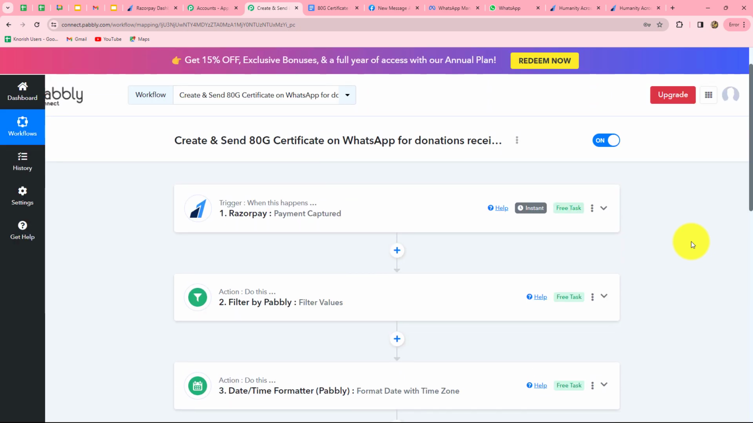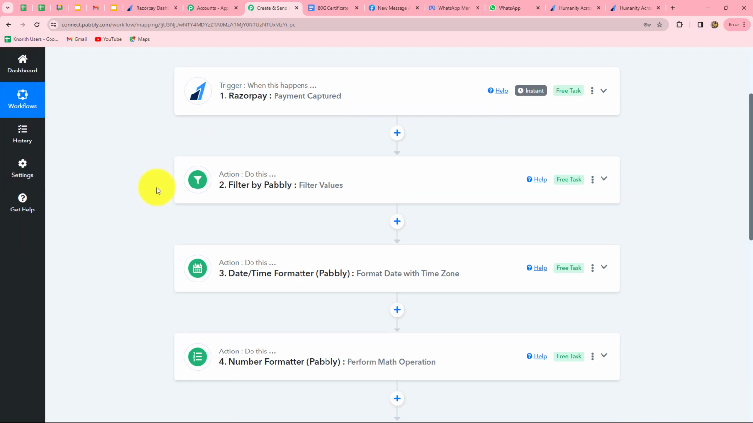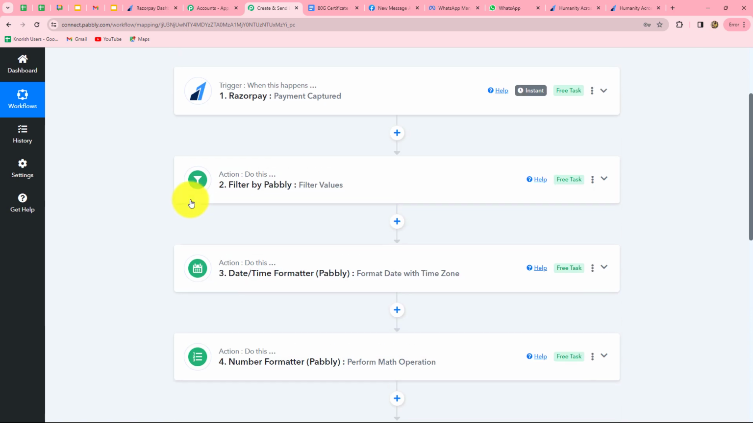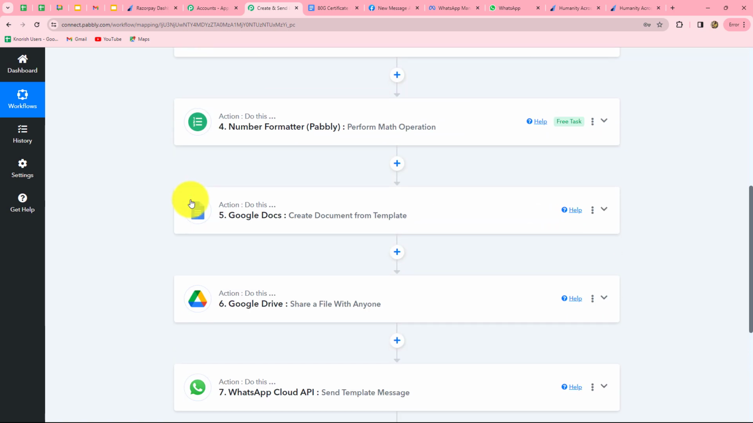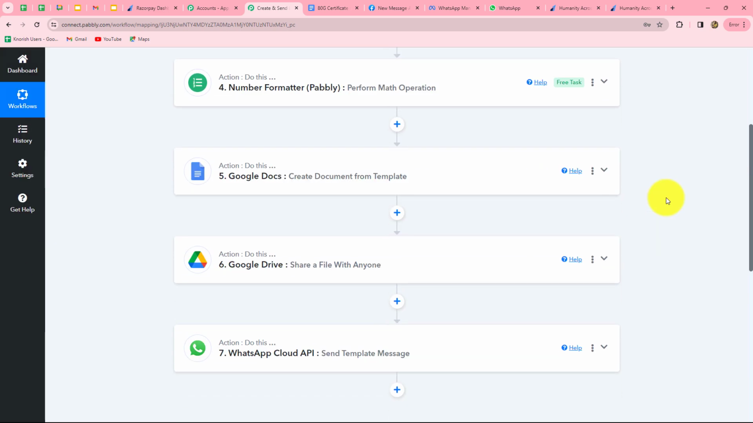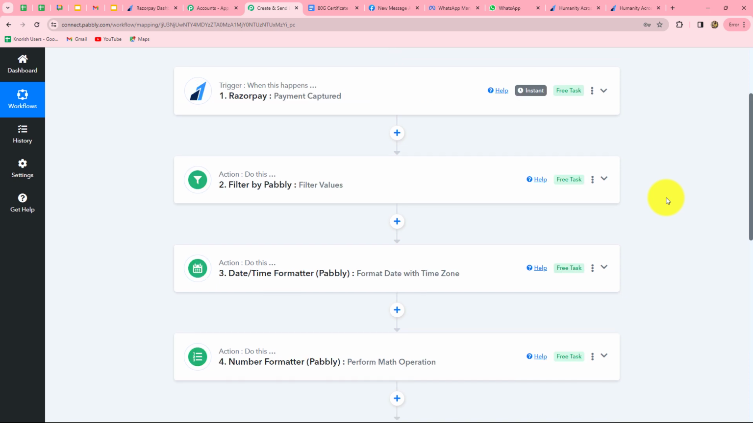So let's summarize what we have done here in the workflow. We have taken very simple steps. In trigger, we have taken Razorpay. In action, we have taken Filter by Pabbly, Date Time Formatter, Number Formatter, Google Docs, Google Drive, and WhatsApp Cloud API. And we have connected all of them without any coding or programming skills with the help of Pabbly Connect